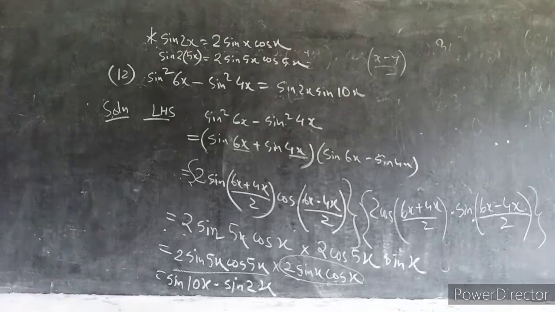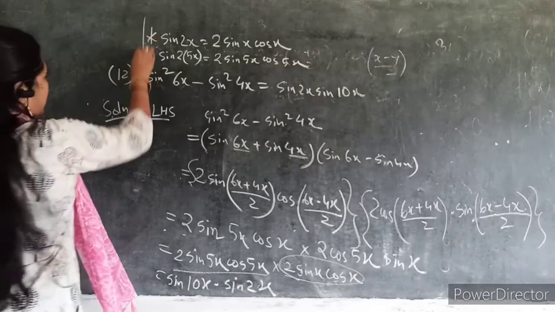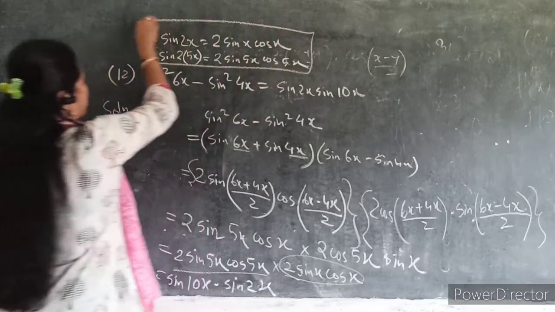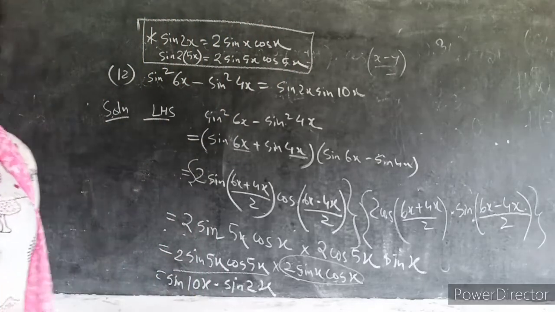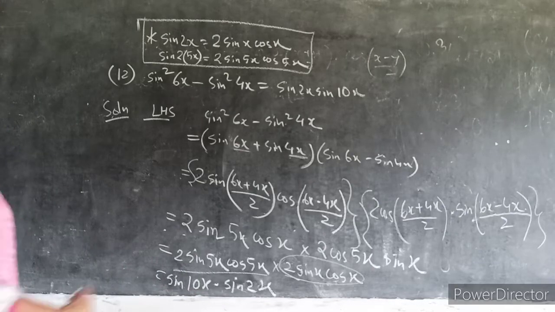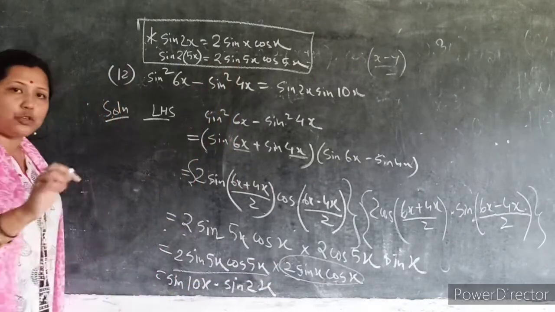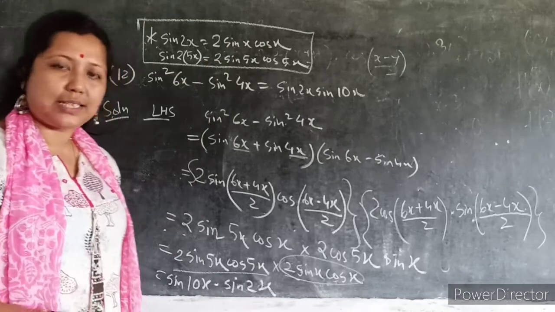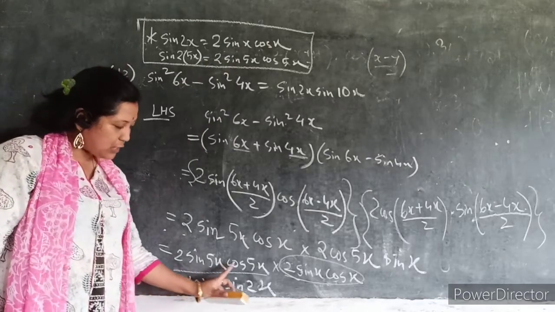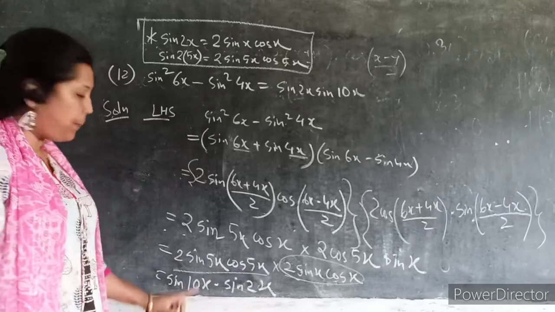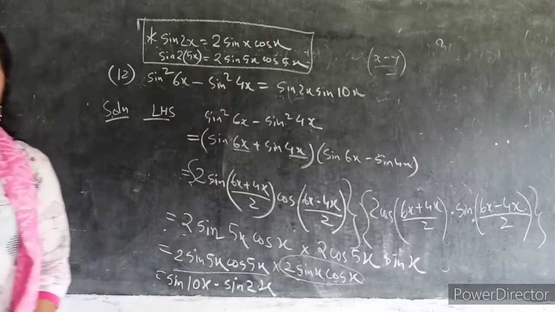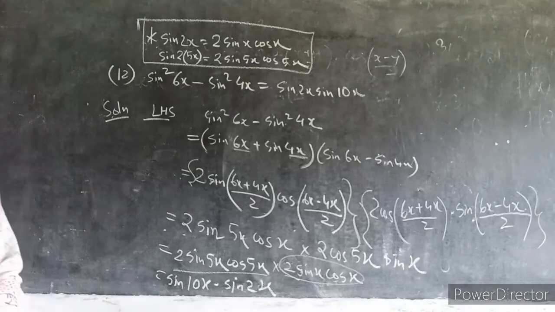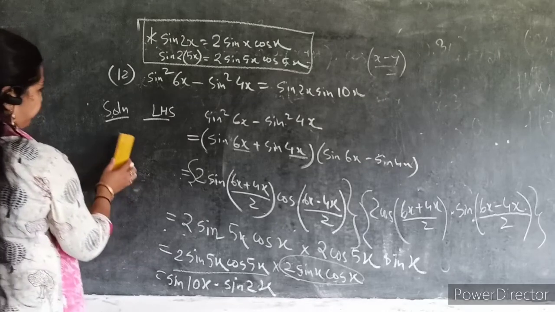Okay, so this is the solution, and using the last line, using this formula, we have tried to get the result. Sometimes if you don't get the direct formula, you have to apply the formula to that sum. Similarly, like sin 5x cos 5x, there is no direct formula, but we have used the original formula to get the answer as sin of 10x. Okay students, so this is question number 12.